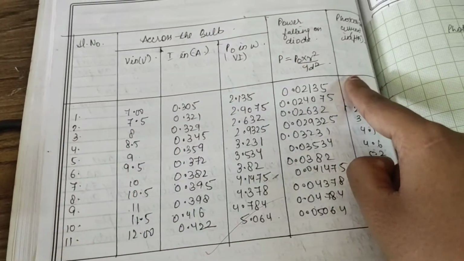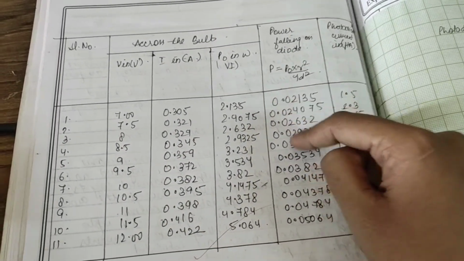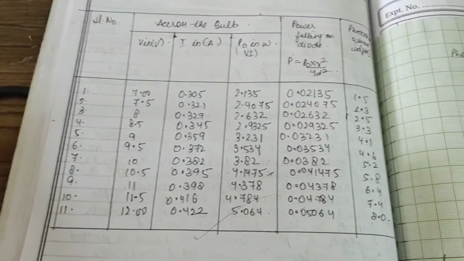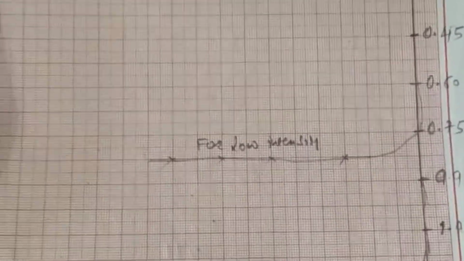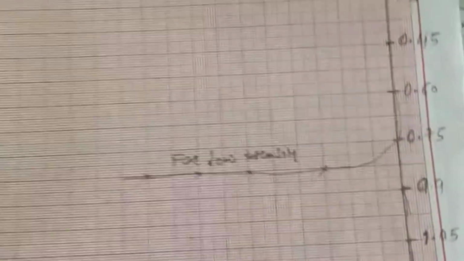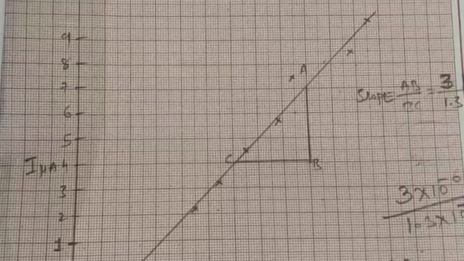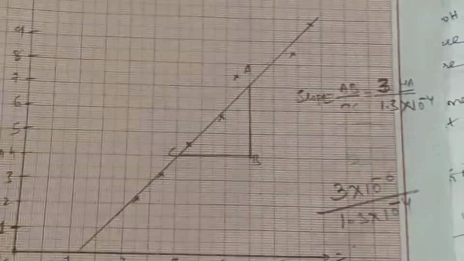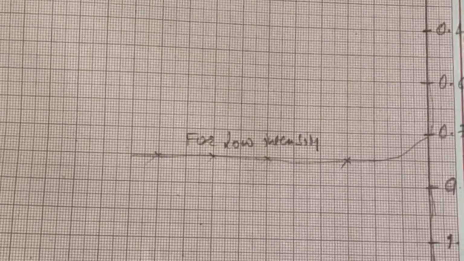You have to note down these, and the remaining calculation we have to do by taking the formula. That I will tell you. This is the nature of graph. Through the data we will obtain this kind of graph. And through the data we have to calculate